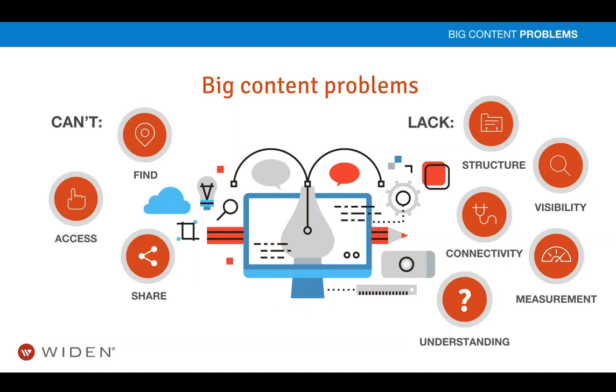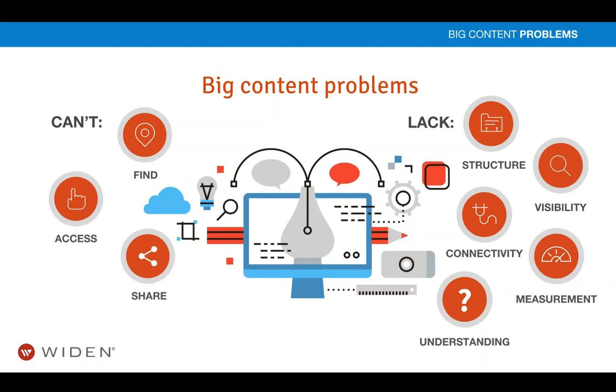But of course, this time is welcomed with big content problems, which go way beyond the fact that your teams can't find, access, and share the content that they need when they need it every day. Of course, this lack of structure can lead to a lack of visibility among other key content creators and consumers, connectivity to other audiences that you want to reach, and a lack of measurement into what's working and what's not, and a lack of understanding into just how well you're doing as a content pro. Now, this can make for an abysmal way to work,